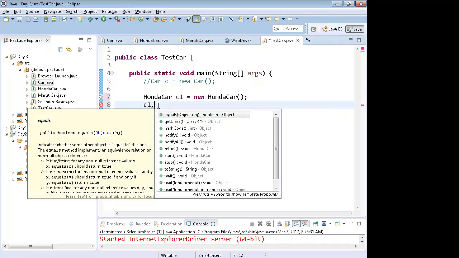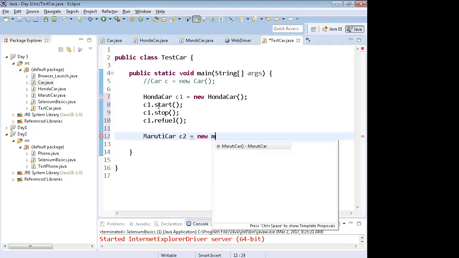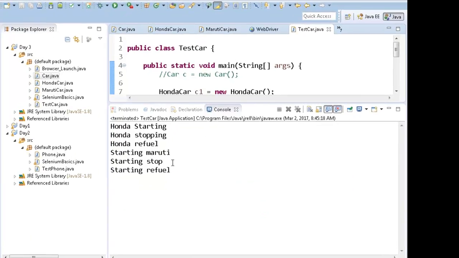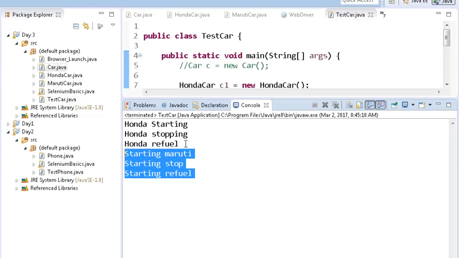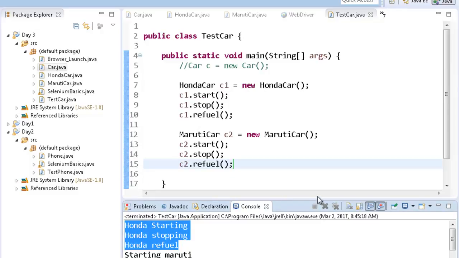C1 dot, I can call the functions start, stop, refuel. Similarly, I can create the object of Maruti car, C2 dot start, C2 dot stop, C2 dot refuel. When I run this, it will present me the desired output: starting Maruti, stopping Maruti, Honda starting, stopping, refuel. This is fine.